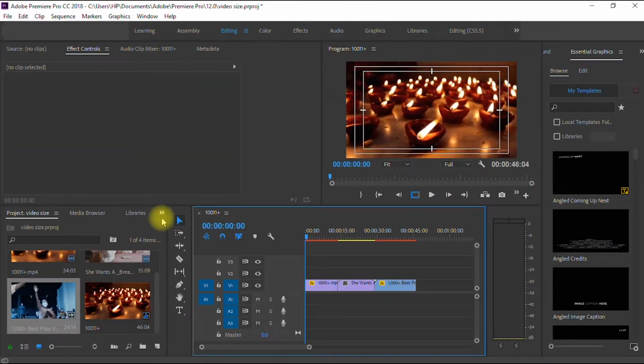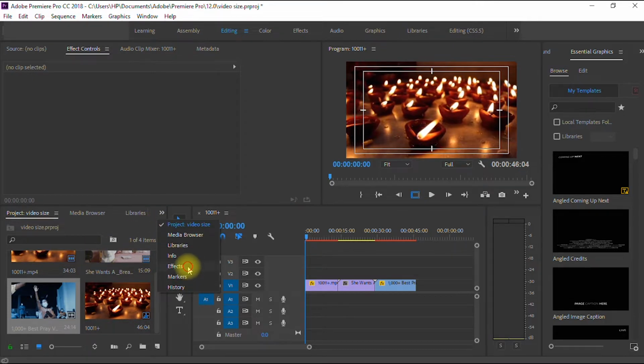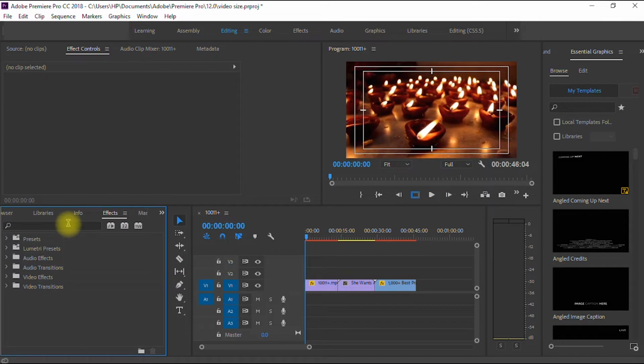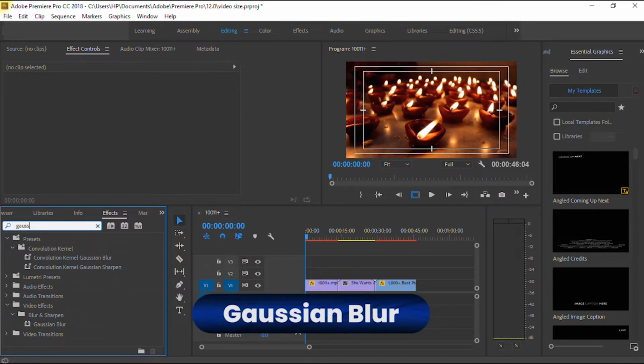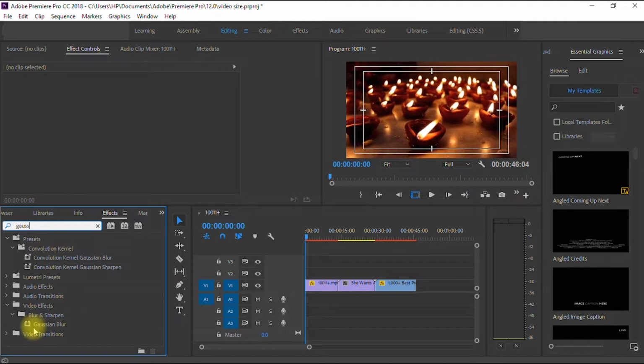Alright, so to add your blur effect, you go to where you have your project window here, and then you click this arrow and go to the effects panel. Now, under your effects panel, you search Gaussian blur. Alright, now we are going to add the Gaussian blur effect to the first video, but before we do that,